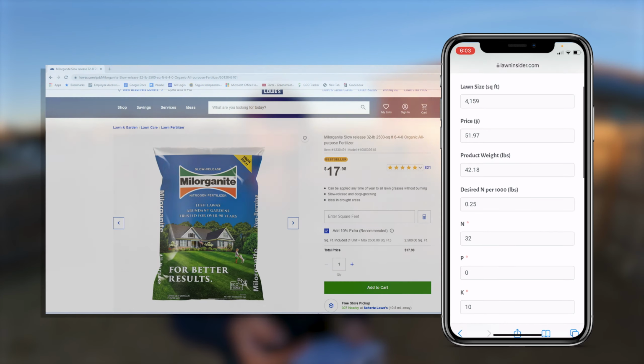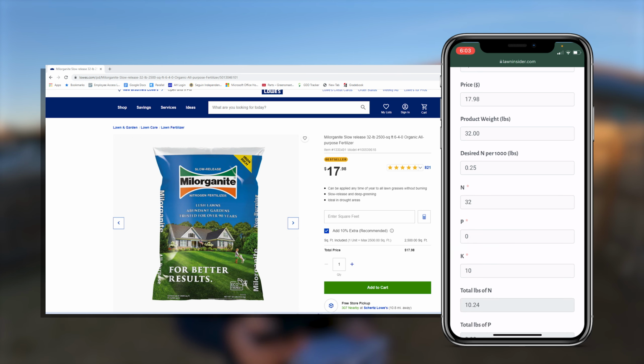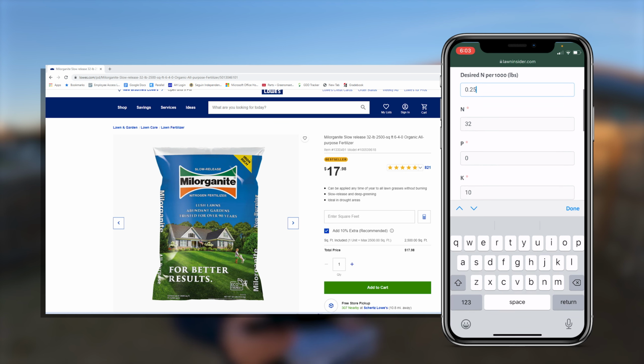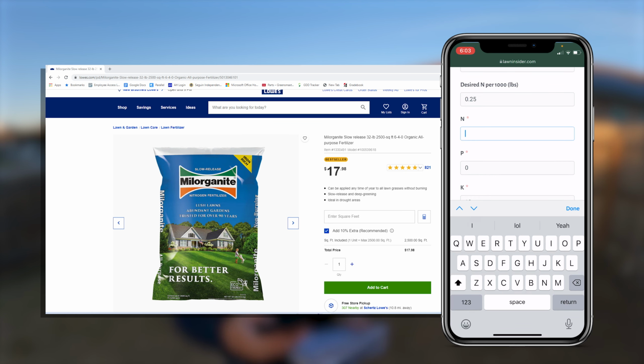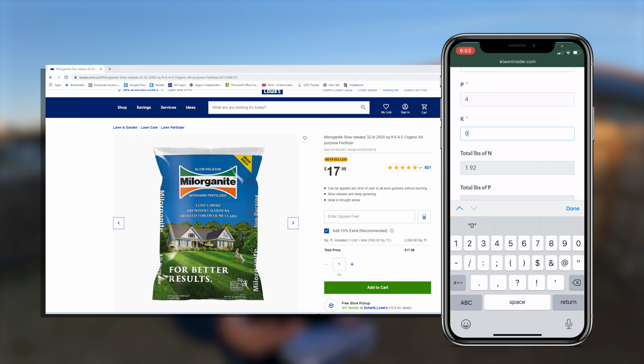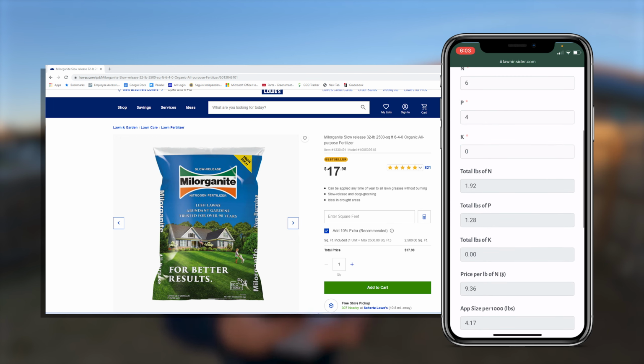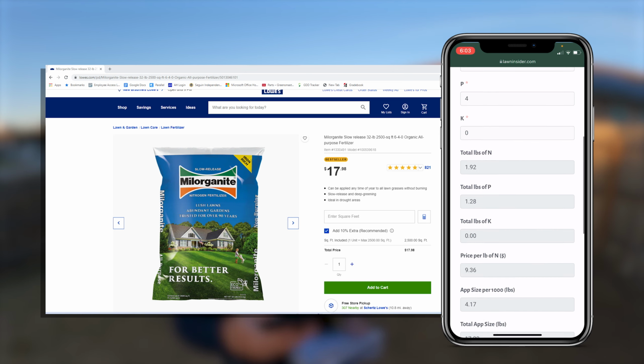So for Milorganite, you see that it is $17.98 for a 32-pound bag. I'm going to keep the N per K the same, but the analysis is 6-4-0. Okay, so now that we look at the Milorganite, there's only 1.92 pounds of nitrogen in a bag of Milorganite,